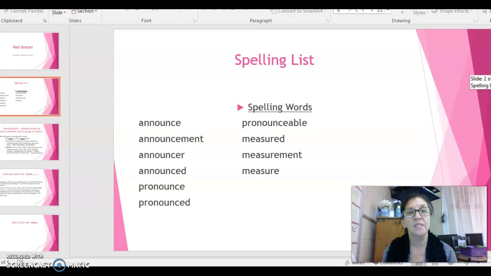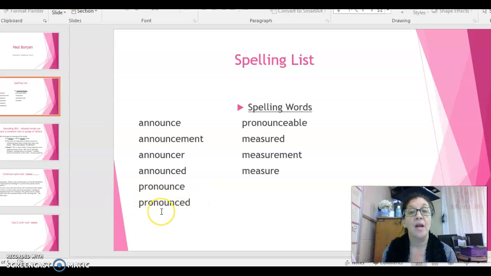All right, let's take a look here and see if you can notice or point out anything that these words could possibly have in common. So let's take a look. We have the word announce. We have the word announcement. We have the word announcer. We have the word announced,